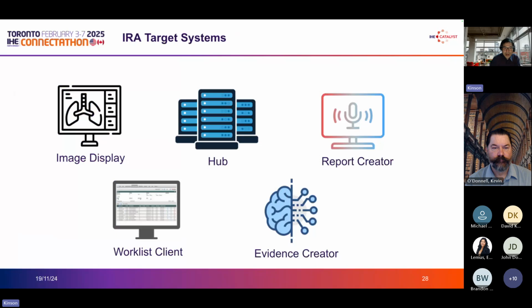IRA targets 5 main systems. In the center of that, there's a hub that manages all the messages and subscriptions. So all the other systems can connect to a reporting session and receive events. And then the 2 main